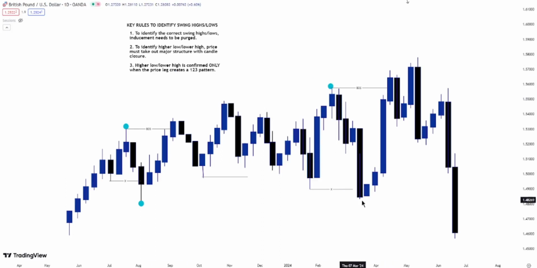But we cannot go ahead and mark this as our higher low. Why? Because rule number 3 has to also be fulfilled. What is rule number 3? Higher low or lower high is confirmed only when the price leg creates a 1 to 3 pattern. Did this leg create a 1 to 3 pattern? Yes. 1, 2, 3 pattern. So this can be confirmed as your higher low, because rule number 3 has also been fulfilled. So this is your higher low